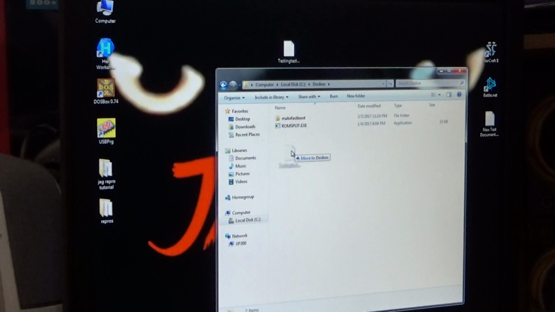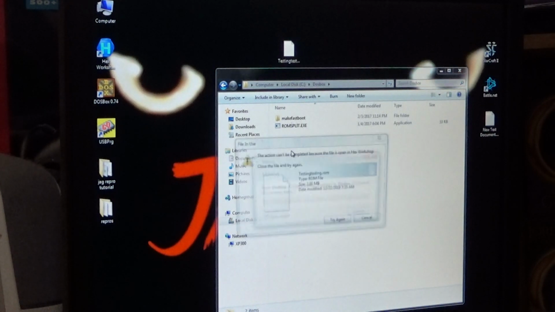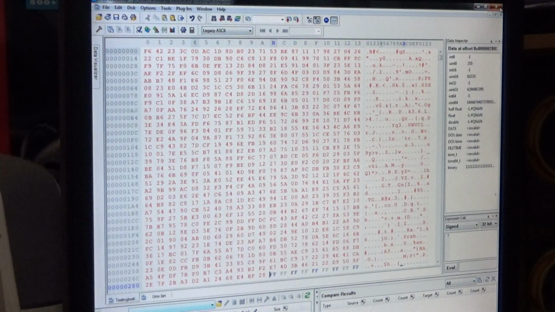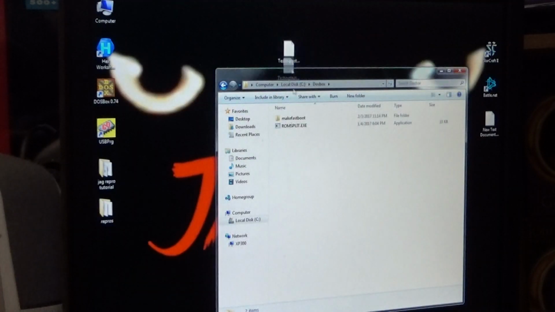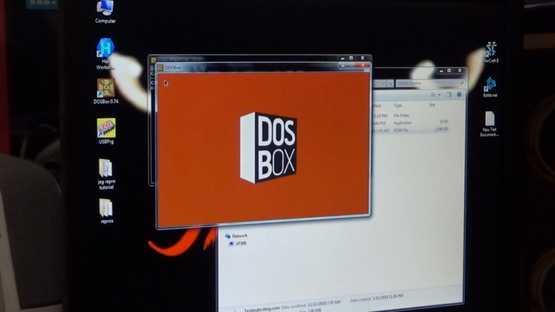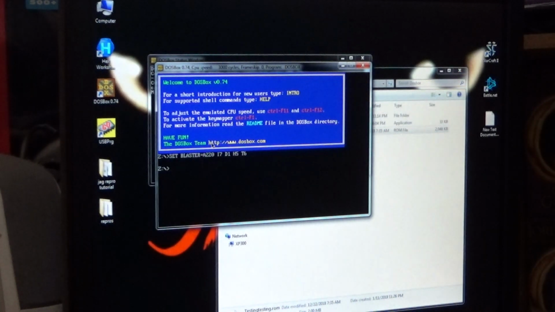Bring the ROM you want to split into that folder. Then you're going to open DOSBox. You need to mount the drive. So you're going to type